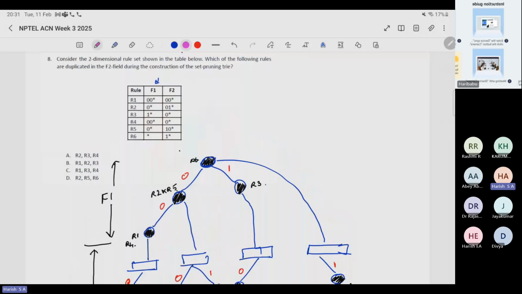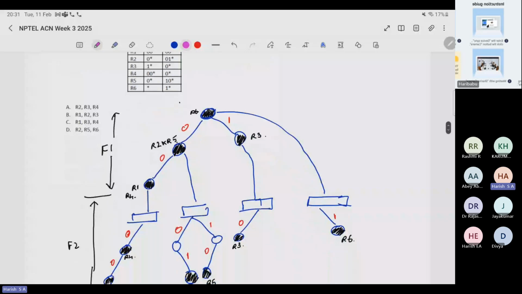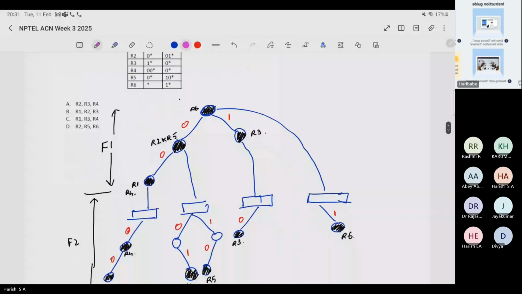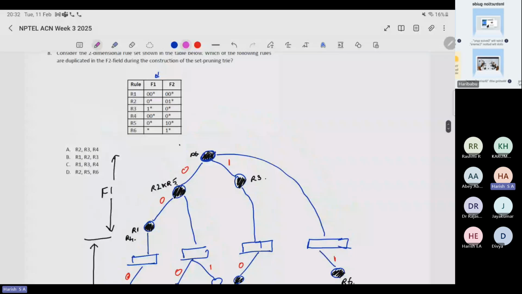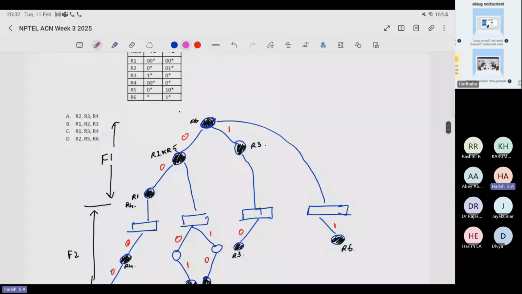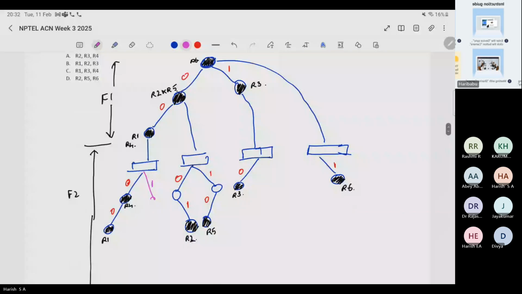So basically, I have to add this to this, this to this, this to this, this to this, right? So R6, basically now I'm adding R6. Now R6 is 1 star. So let me see if 0 0 star is going to be requiring an R6 instance. Where is 0 0 star? Where is R1? R1 is here, and from R1 1 star. So it's like 1 this thing, and then this is R6,